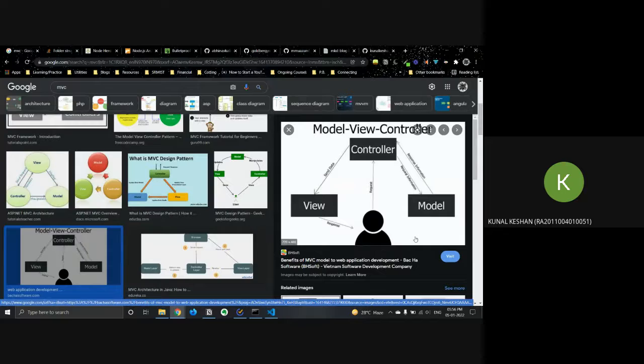So this is the file, our project structure. So to wrap it up, model view controller. Model is the database. Okay, that holds all the